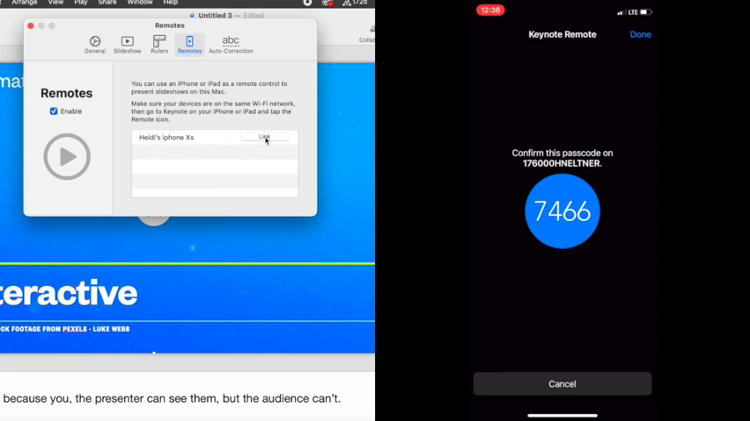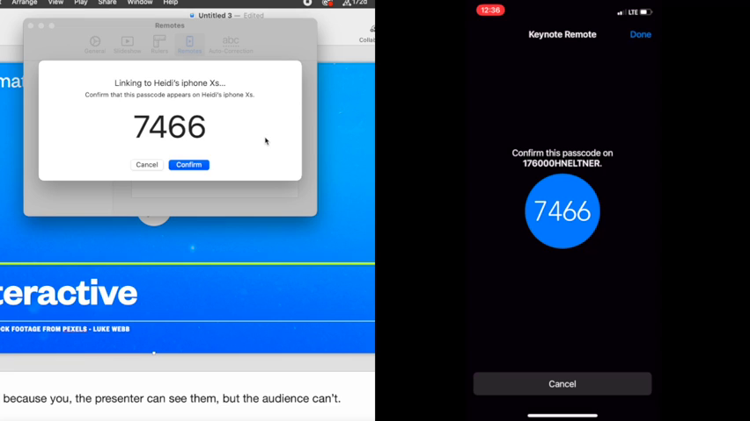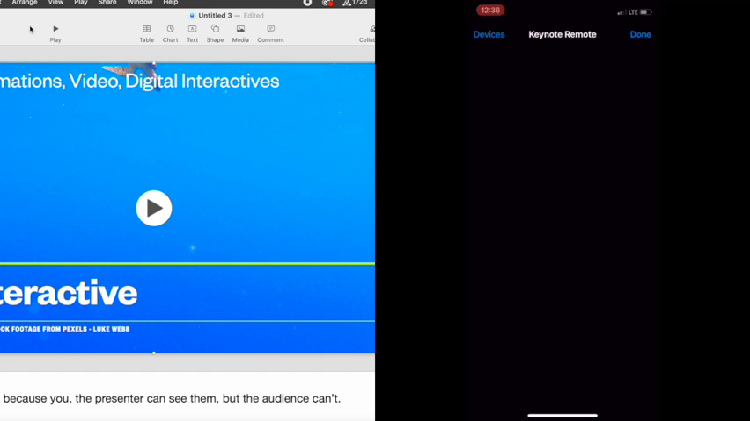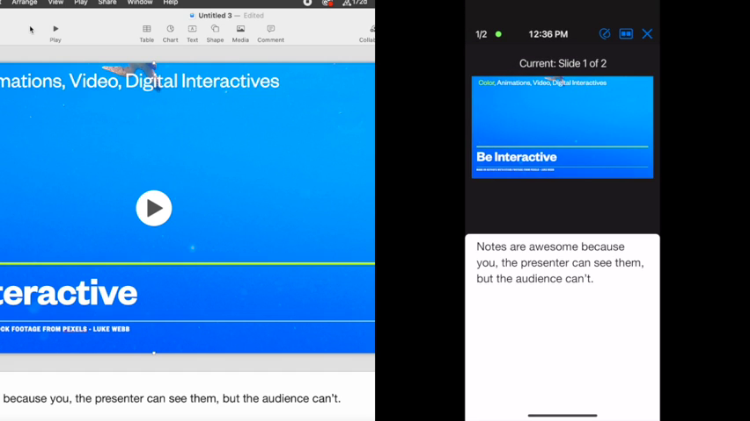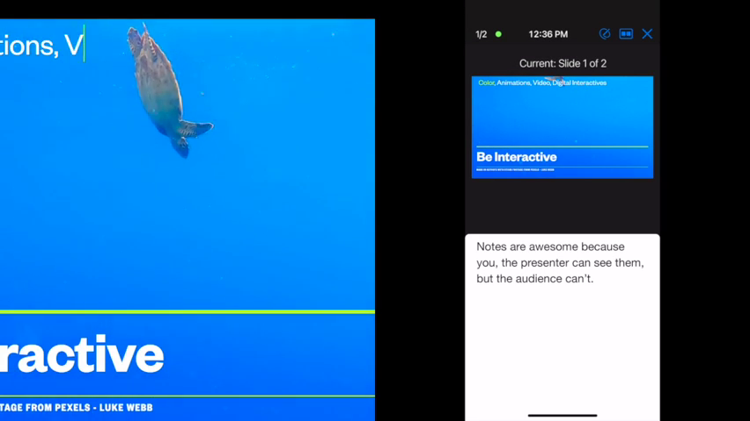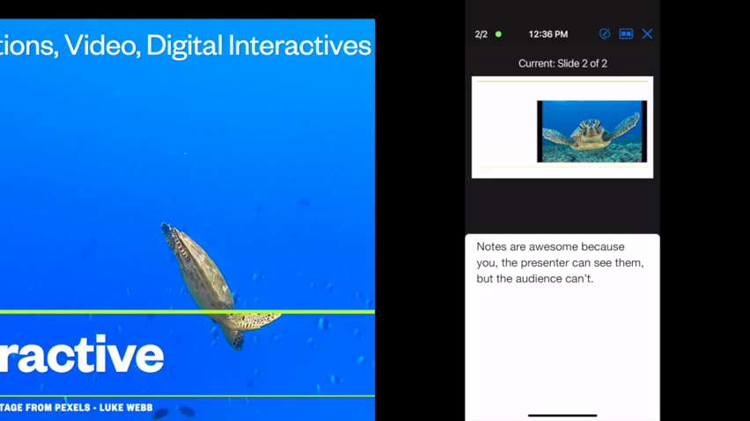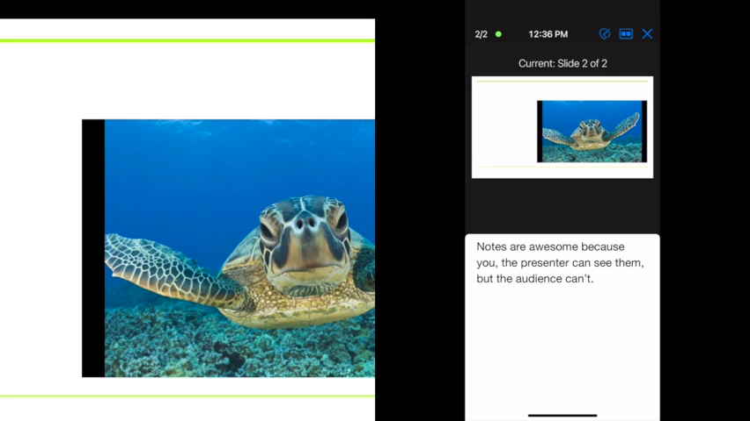So if I press link, it's going to give me a code and I'm going to confirm that. And then I can close. And what will happen on my phone is now I can play the presentation. It will play it on my device, and then on my phone I'll be able to see the speaker notes, and then I can just go to the next slide, and I'm controlling it all from my phone